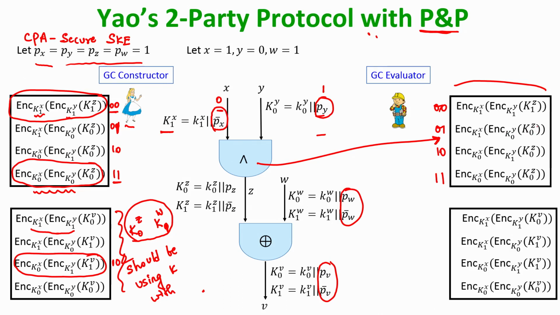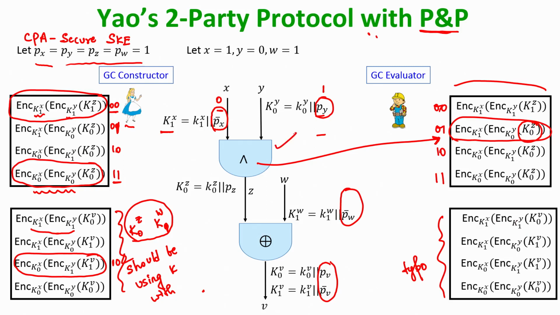Okay. So, in this case he will go and decrypt only the second entry, and after decrypting the second entry the message that will come out is this key. So, that is the key that he will associate with the Z wire, and again sorry for the typo here that I have copied as it is. Here in the garbled table, the encryptions are prepared using the Z key and W keys, not the X key and the Y keys. Okay. So, now this gate is evaluated.